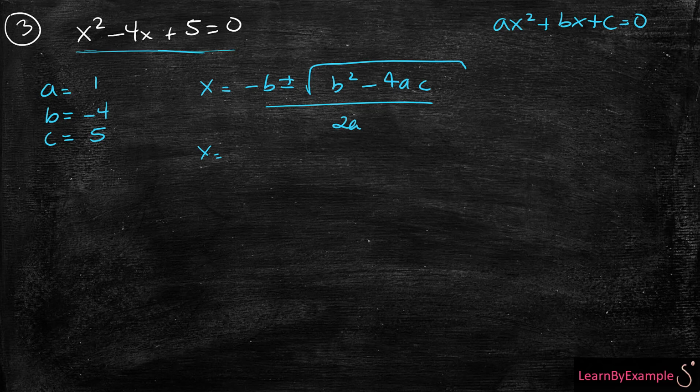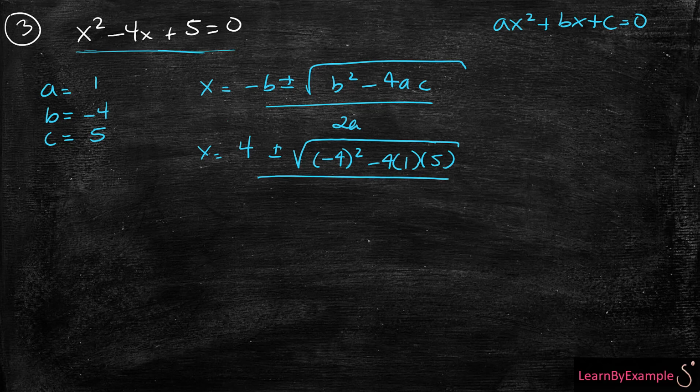So x is equal to, so this is minus b, right? And that's minus 4, so that's just going to be minus into minus, which is positive, plus or minus the root of minus 4 squared minus 4a, a is 1, c is 5, over 2 times 1, okay? Plus or minus the root of 16 minus 20 over 2. Okay, so that is basically going to be